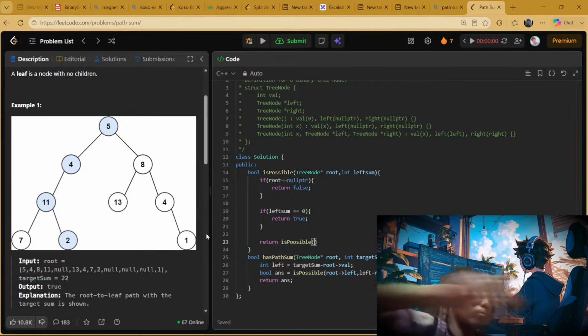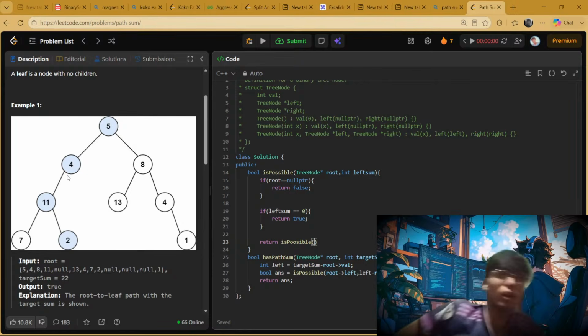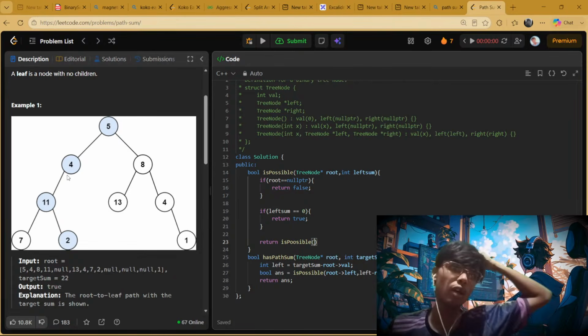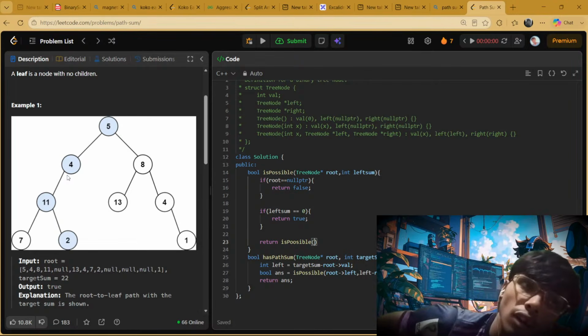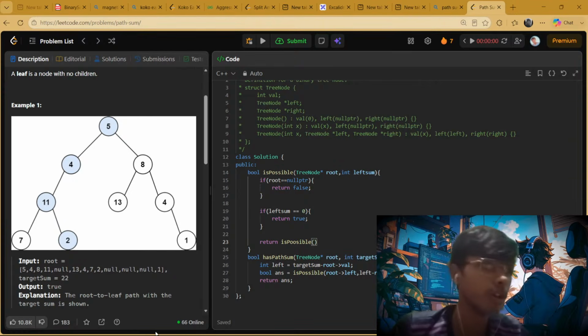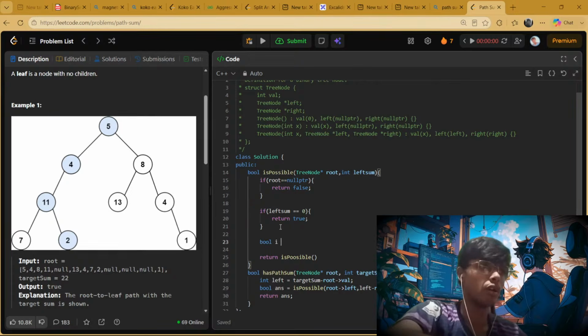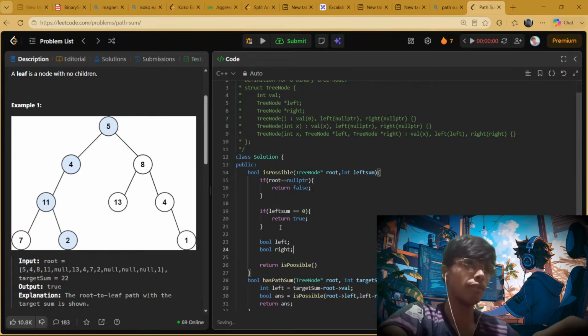मेरे को ये तो समझ में आ रहा है कि जब मैं इस पॉइंट पर खड़ा हूं तो मुझे लेफ्ट भी जाना है और राइट भी जाना है, और दोनों साइड जाने के लिए टारगेट में से रूट की वैल्यू माइनस कर दूंगा। और वो बेसिकली खुद जाके देखेगा कि क्या ये पॉसिबल है या नहीं है। बट क्या हो अगर लेफ्ट एग्जिस्ट ही नहीं करता। तो एक काम करता हूँ कि यहाँ पे मैं एक पूल लेफ्ट, और एक पूल राइट बना लेता हूँ।